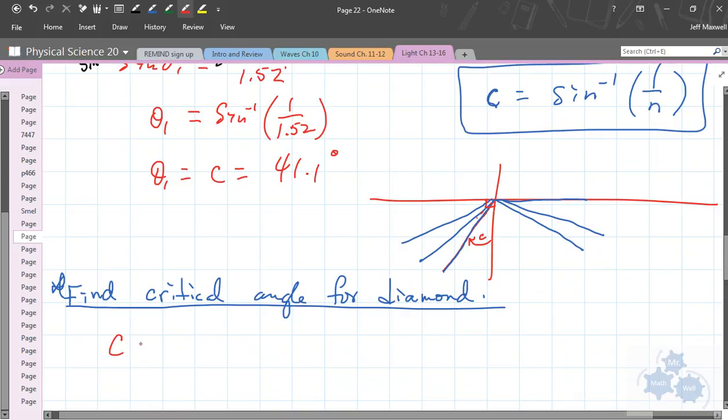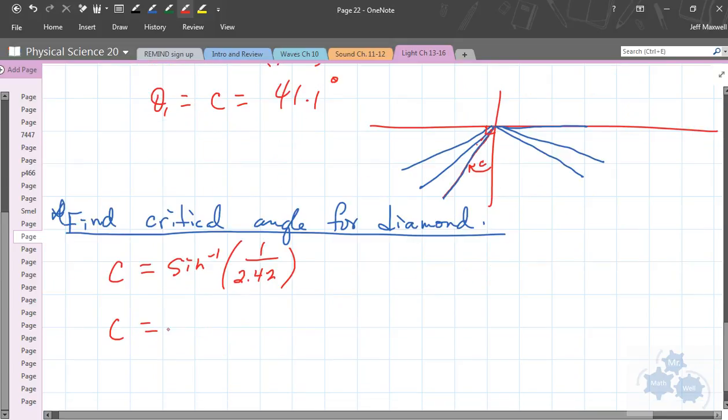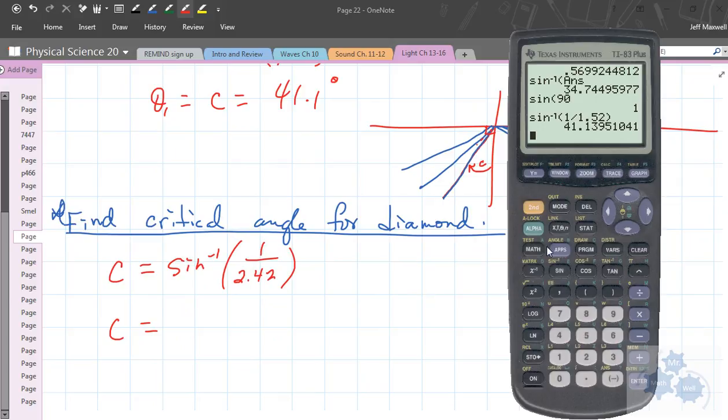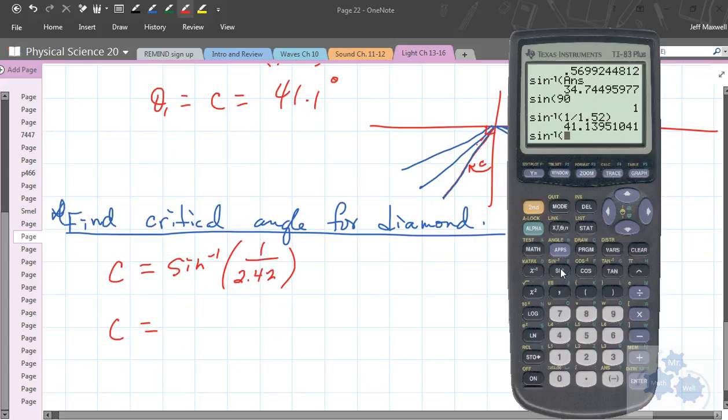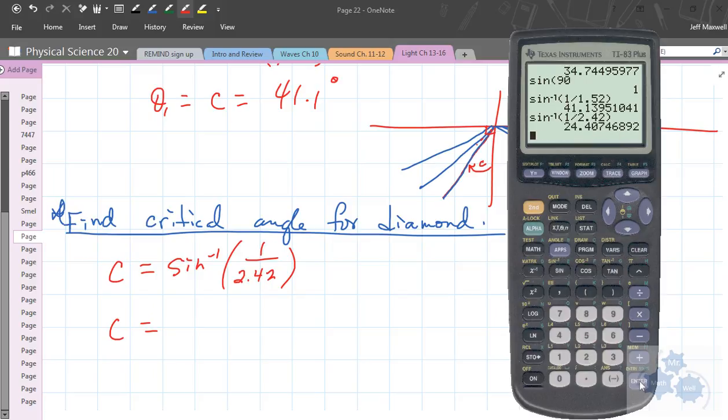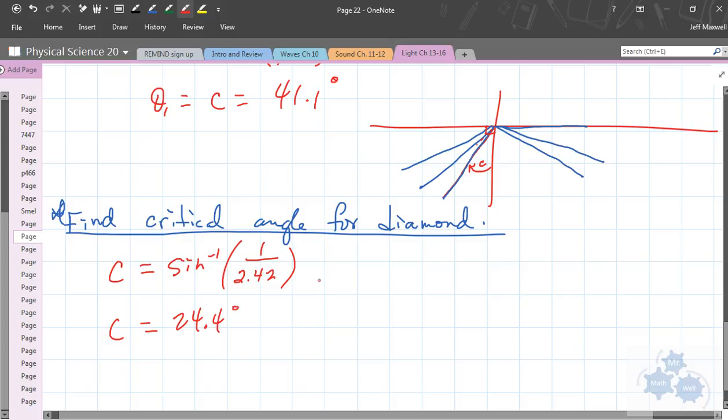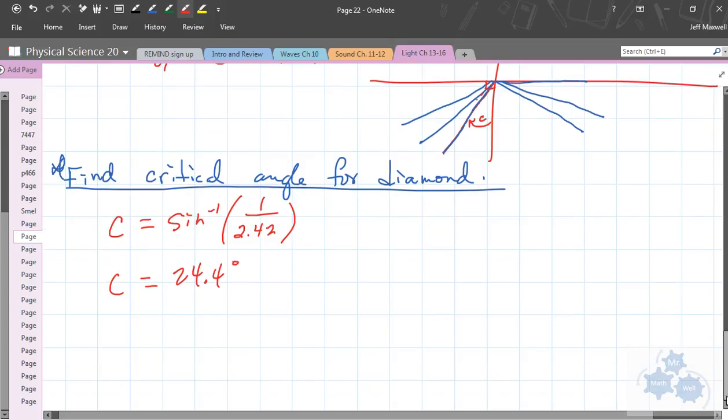The critical angle, if we let it equal c, is the sine to the negative 1 of 1 over the index, 2.42. So the critical angle is second function sine of 1 divided by 2.42, which equals 24.4 degrees. Okay, so we are going to talk more about diamond, because diamonds are kind of